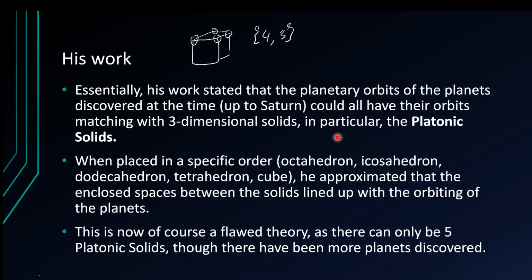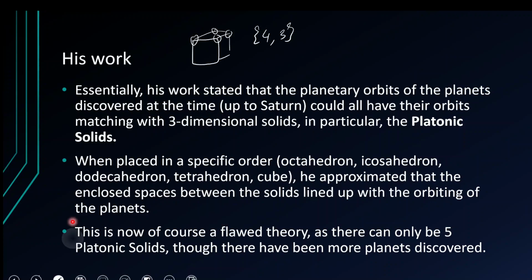What he found was that the Platonic solids approximated the spaces in the orbiting of the planets. So when lined up in a specific order, which happened to be octahedron, icosahedron, dodecahedron, tetrahedron, cube, it fit that model of the universe. He imagined that only five Platonic solids were known, but it was theorized at the time that more planets existed. Obviously, this is flawed now because we know there's five Platonic solids and more than five planets in our orbital,